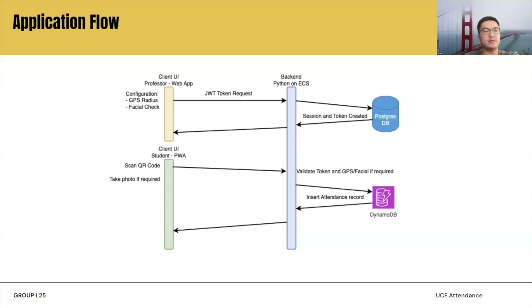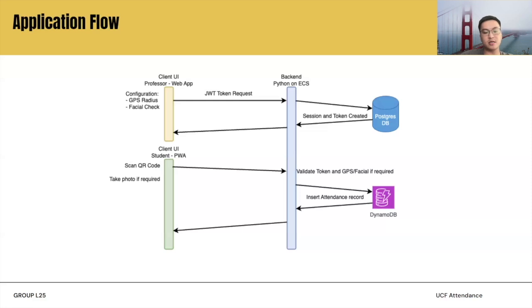Here's a quick look at our application flow. The app starts with the client UI of the professor, which is a web application. Here in the web app, the professor has a choice to configure whether they want the GPS check or facial recognition check. After configuration, they can send the request to the backend. The backend then validates the request, creates a token in the database, and sends that token back to the professor UI. The professor web app then generates the QR code based on the token